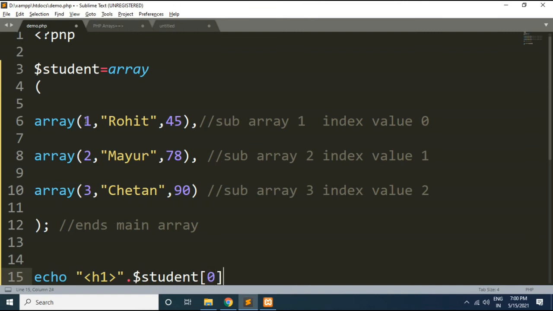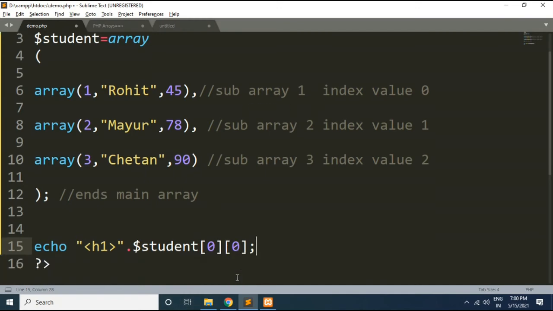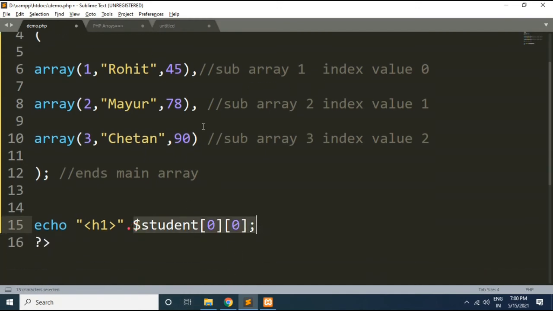Now each element within this sub array will be identified by an index value again. So this first element will be available at index value 0, the name will be available at index value 1, the marks will be available at index value 2. So I want to print the roll number, so I will write 0. So student of 0 0 means 1, this roll number 1.